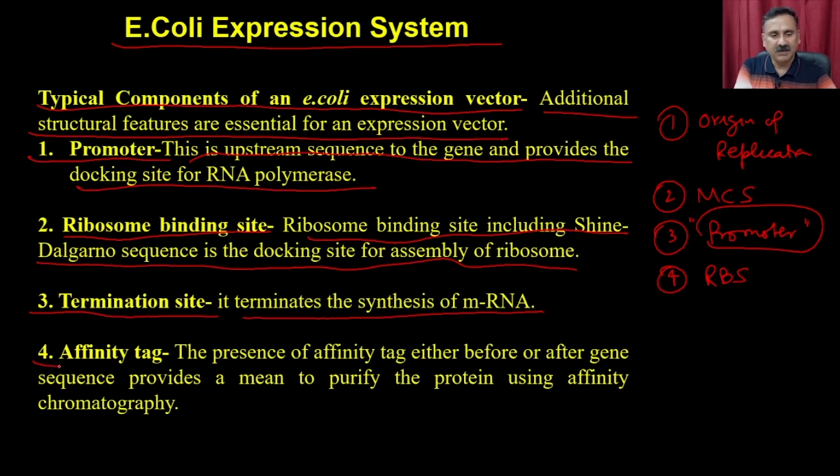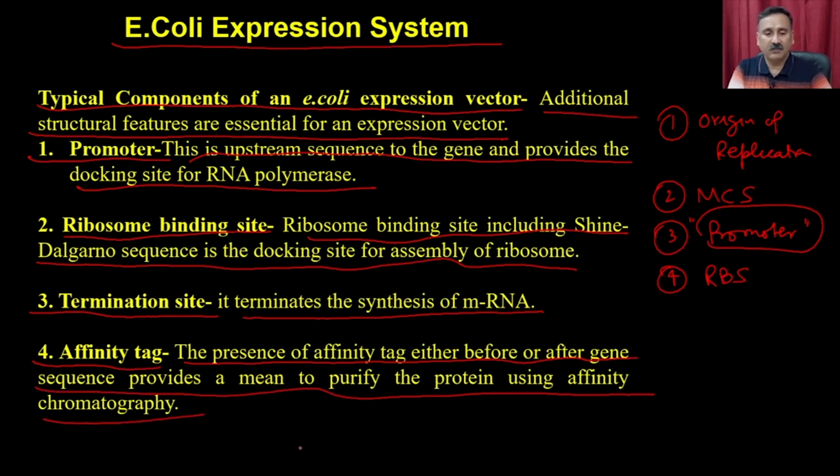And in some cases you also require the affinity tag. The affinity tag is not essential. These are the components which are essential: the origin of replication, multiple cloning site, promoter. The presence of an affinity tag either before or after the gene sequence provides a means to purify the protein using affinity chromatography. We are going to discuss this, then only you will understand what is meant by the affinity tag and how it makes life easy for researchers to purify the enzyme in